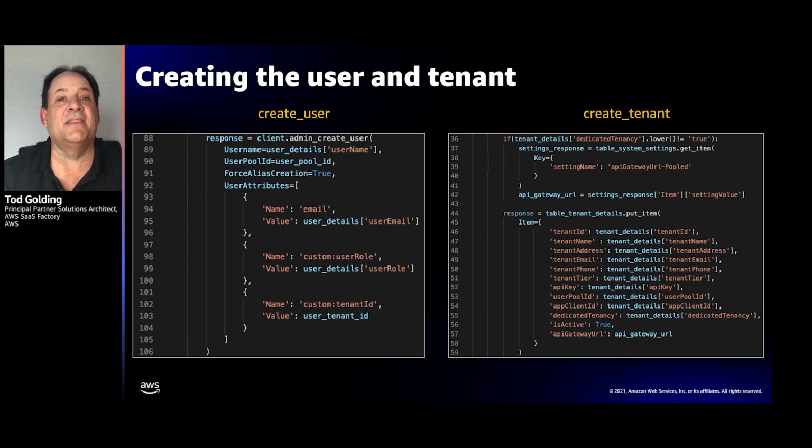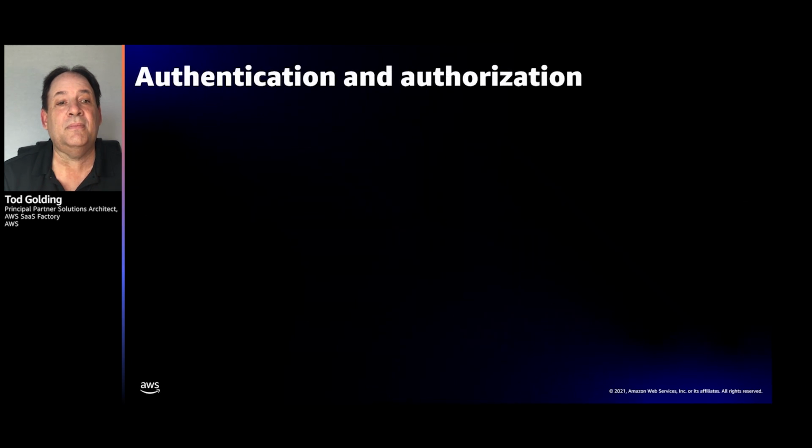And then when we go to create the tenant, we're really just filling out all these different attributes that we need, all these different configuration bits, and persisting that data. We'll look at what some of that data is that lands there. But really, these are very basic operations. The code's not very complex here.